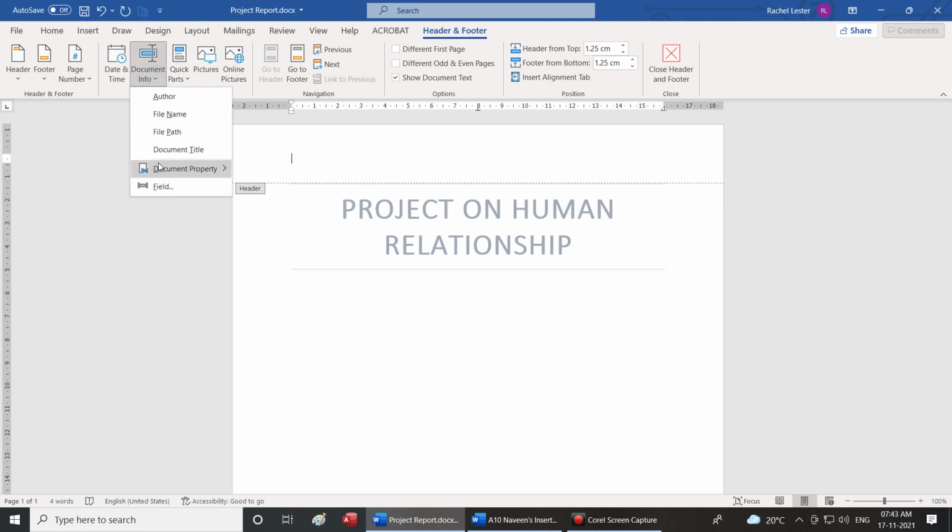Some of the predefined field names could be abstract, author, category.